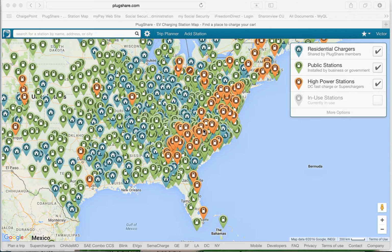Now, each icon does represent one charger. What if each icon represented one gas station? You would not be able to see any land under any of the icons. So there's a need to grow support for electric vehicles in this country, which is why I am so glad that I have an extended range electric vehicle,